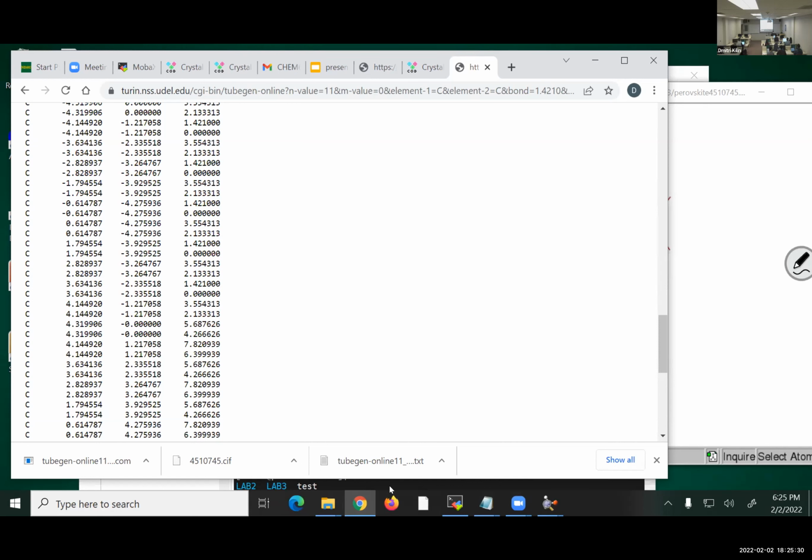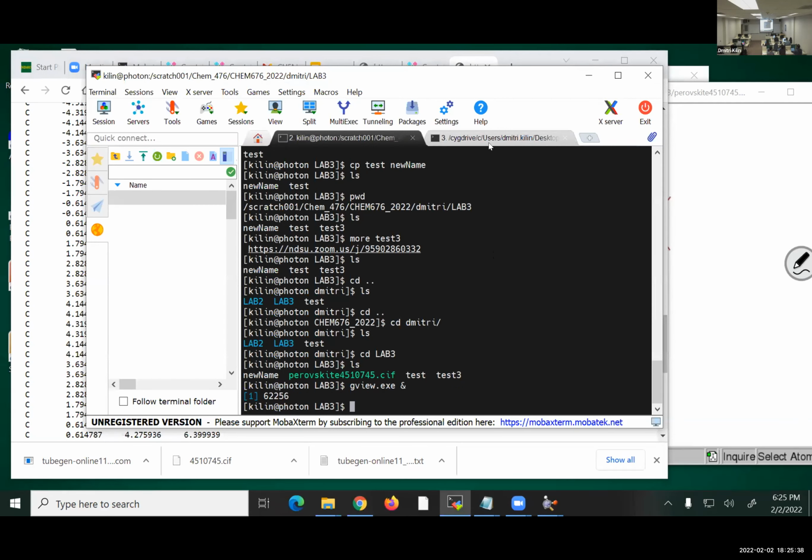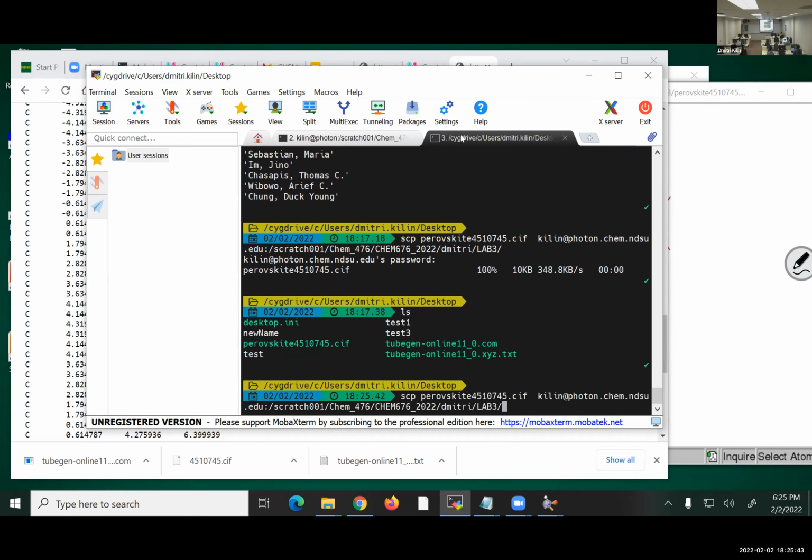I want to open it and see if I did things correctly. The next step would be to upload this file to the server, and then try to